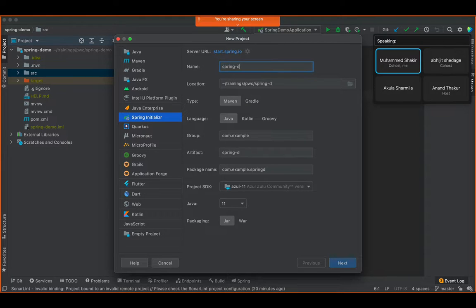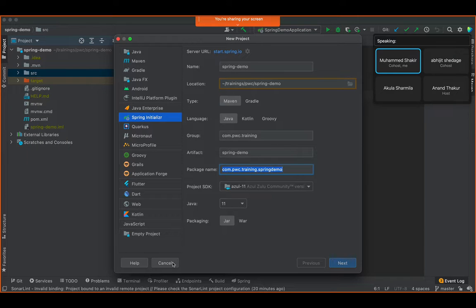Now, since we already have Spring Demo, of course, I won't be able to create a new project with the same name. We changed the group to com.pwc.training. And then we gave the artifact ID as Spring Demo. And then this was the base package. In your case, it would automatically pick up your SDK, the one that you have installed on your machine. And then it is supposed to be a jar file, whatever the defaults are. And then you say next, and the project is created.